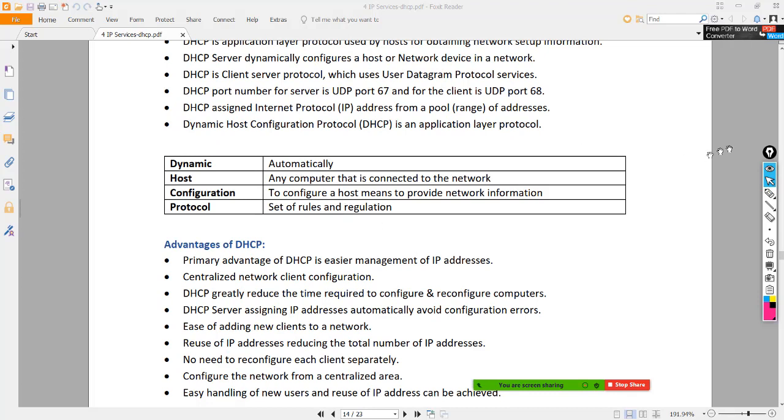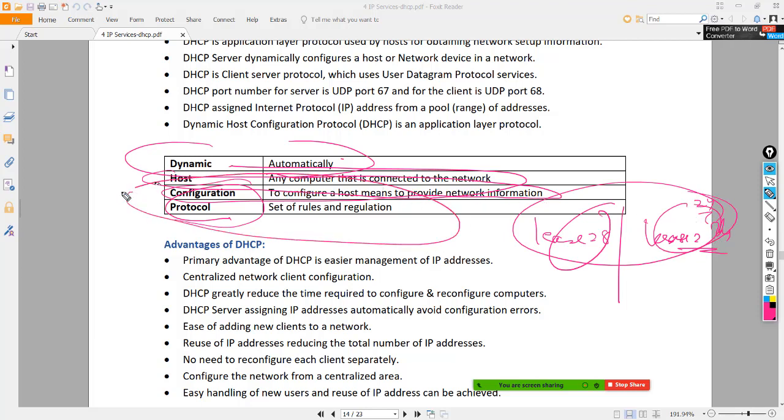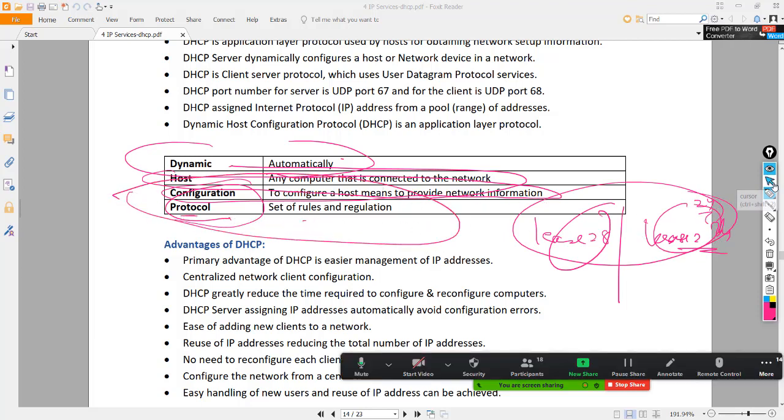What is DHCP? It's automatic in nature. You are going to make use of this concept on computers. You're going to configure the network information like IP address, DNS server, subnet mask, gateways, okay, and it's a set of rules and regulations. So let's say in your organization you have a lease time of 8 hours. That doesn't mean the lease time cannot be changed. Maybe another organization has a lease time of 24 hours. So these are policies that depend on the company. So that's what it says. Protocol, you can set some rules and regulations. Okay,